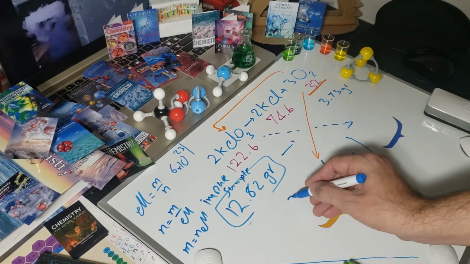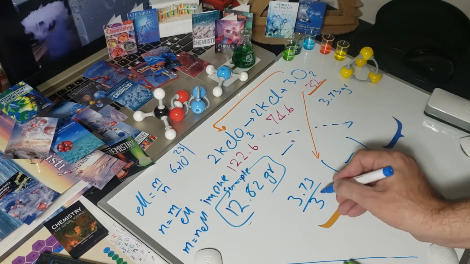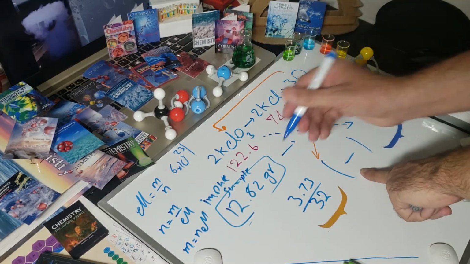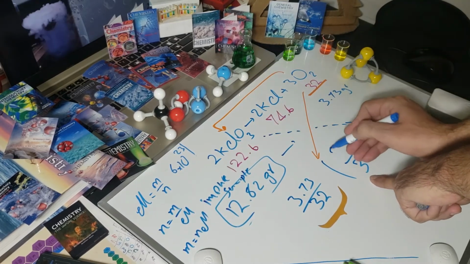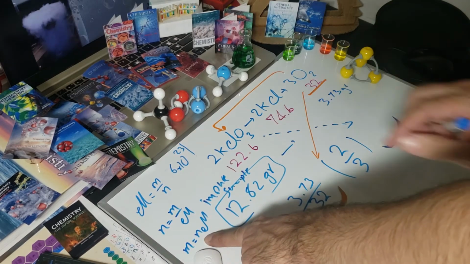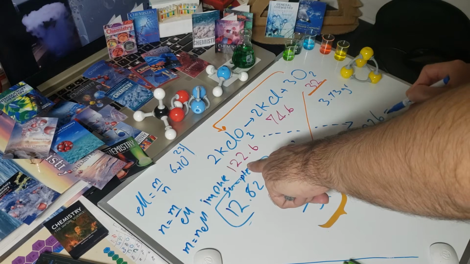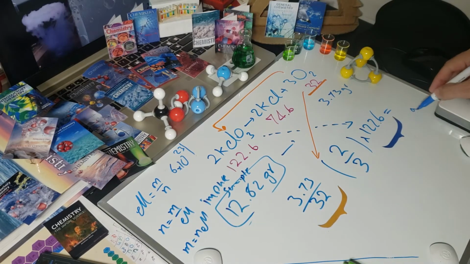So there are 3.73 grams of oxygen. That's divided by the molar mass, 32. I want to get rid of oxygen because I'm moving from oxygen, so 3 goes down, and I want to end up with KClO3. Now this whole thing will give me the number of moles for my KClO3, and if I multiply it by 122.6, that would give me the grams for my KClO3,